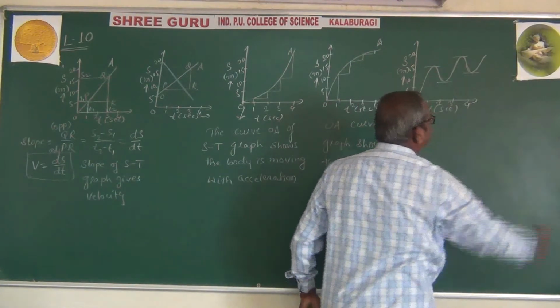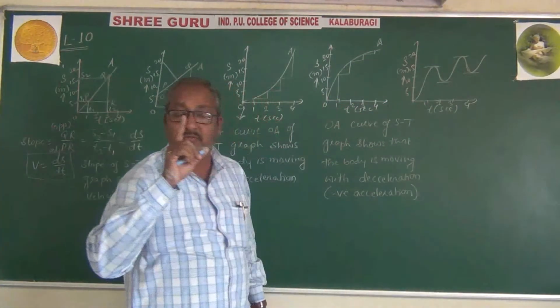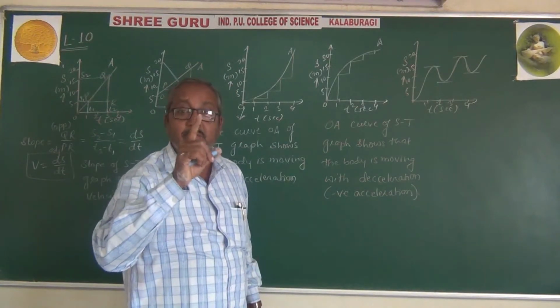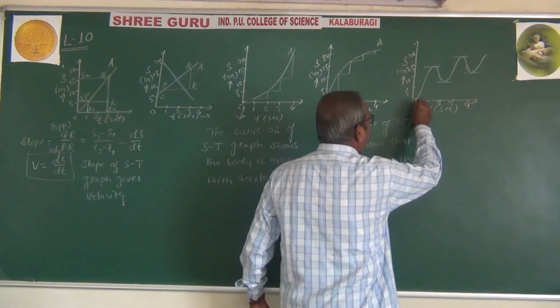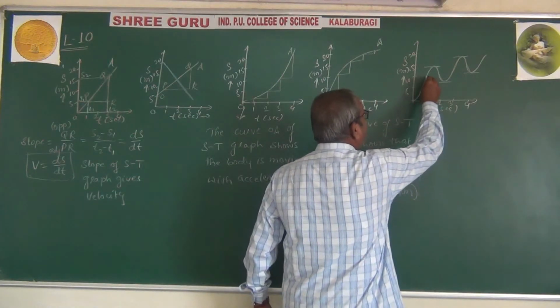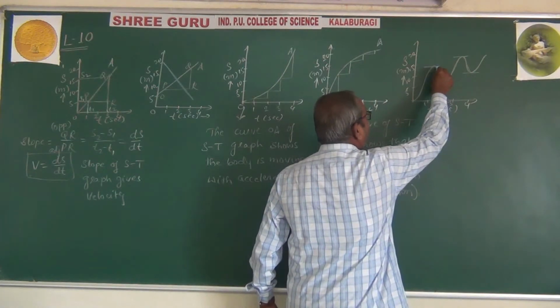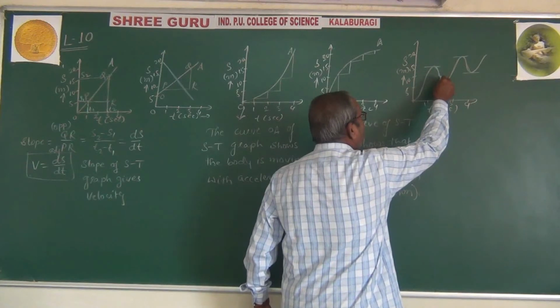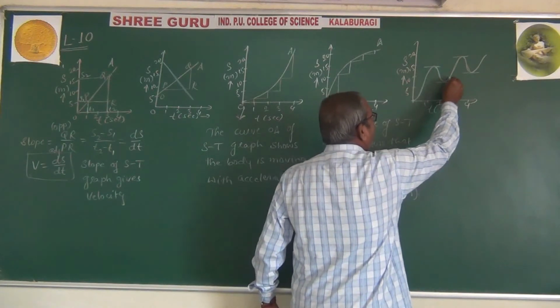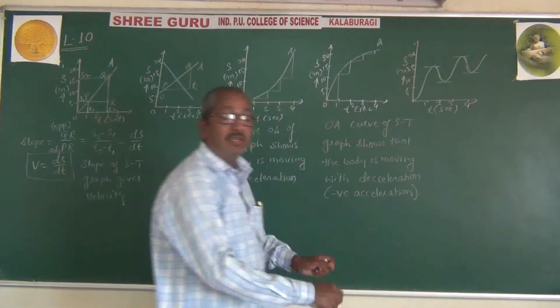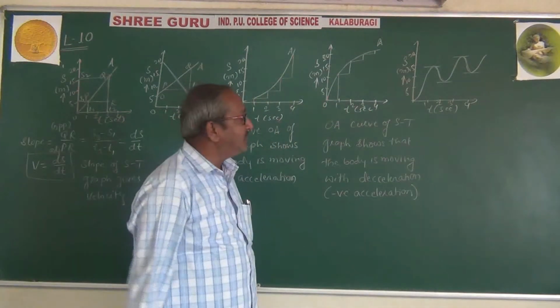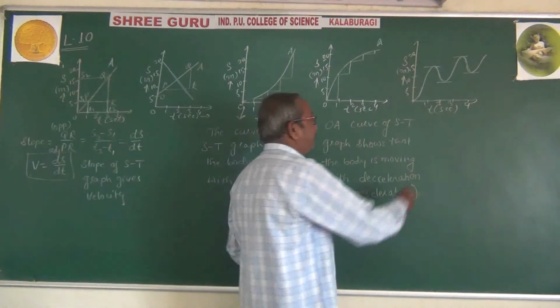At this portion the bike or that vehicle or that body comes under rest, whereas in this portion it is shown that the body is moving with acceleration, whereas in this part it is shown that the body is moving with deceleration. Again this is acceleration, again this is deceleration. That means variable. So hence here this curve,